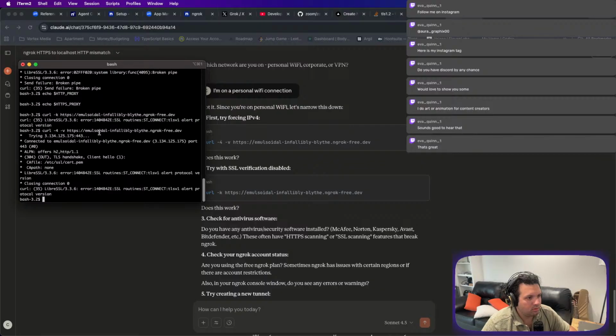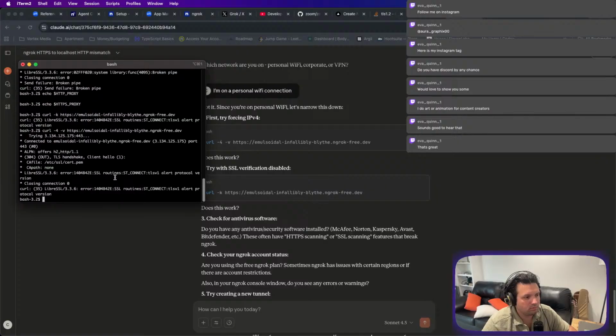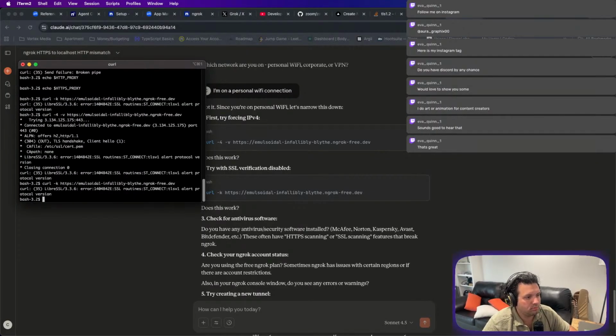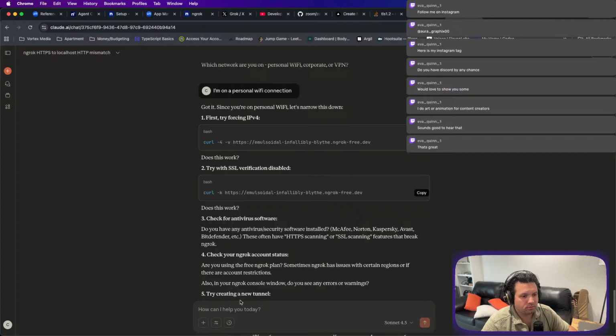No errors. That's good. Try with SSL verification disabled. With SSL verification disabled, I get this error.